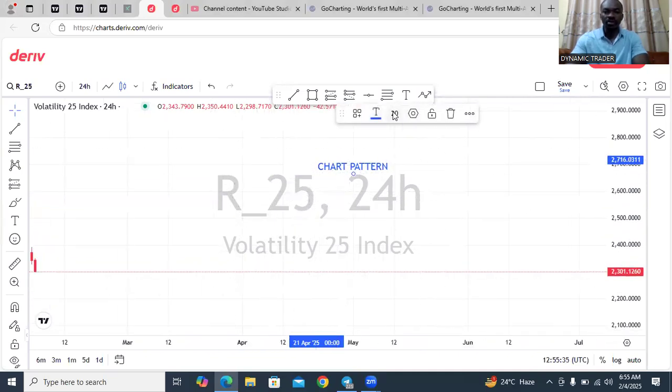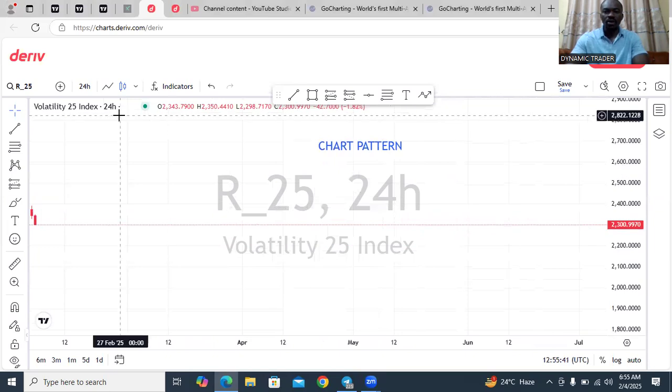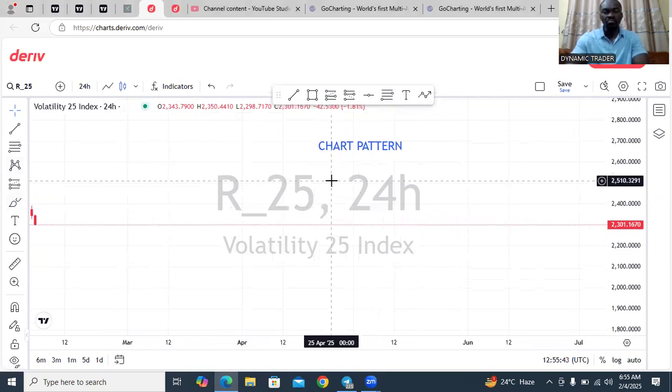Today, I'm going to be talking about chart patterns. I want to educate us on chart patterns, and today's chart pattern will just be on head and shoulders. To start, when you come to your TradingView, or as I'm using Deriv TradingView,